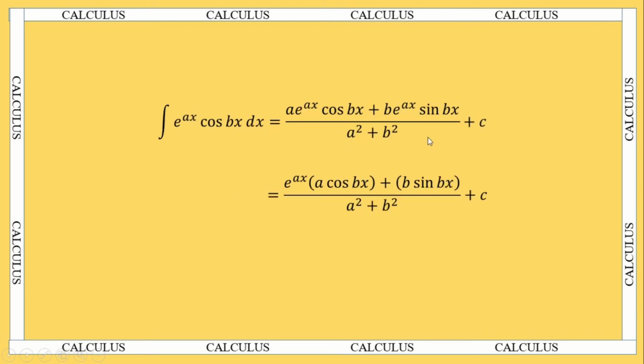So here, this is the answer. Here I just simplify this. I just take out the same e power of ax, e power of ax, put it in the bracket. Then we write